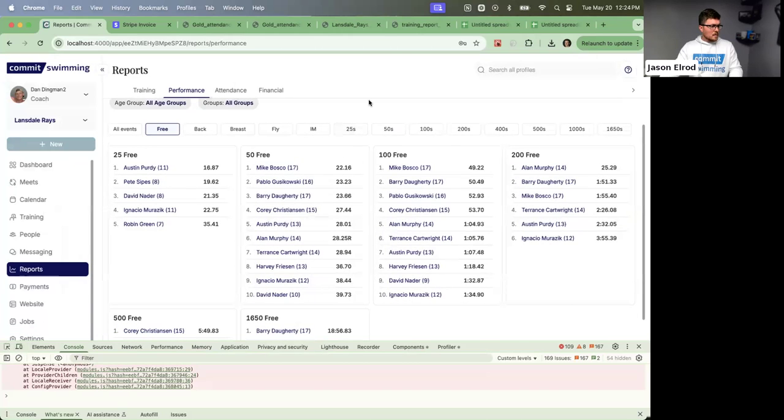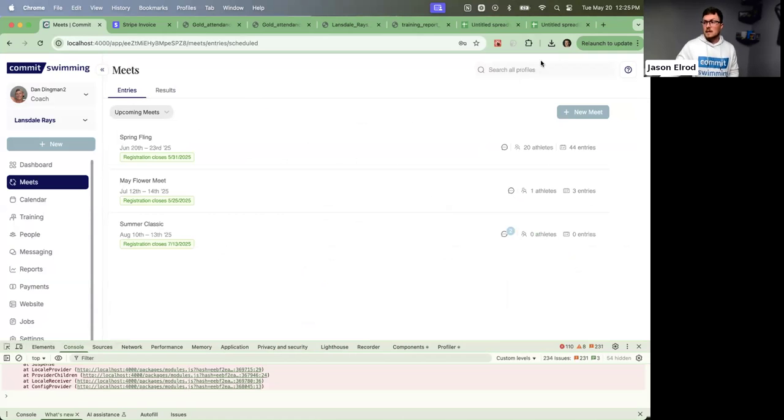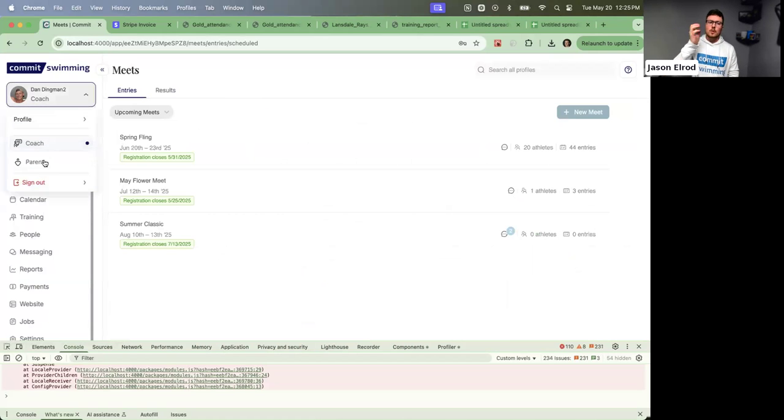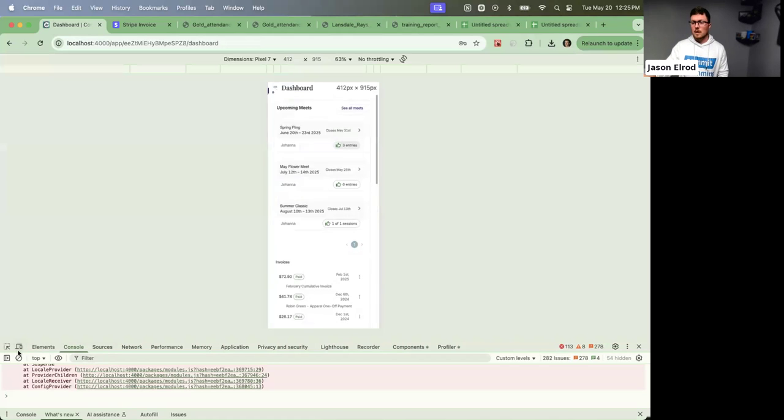Great. The next question is specifically around meet registrations, looking at it from a parent's side. I wonder if you could quickly go over what it looks like for a parent to register for a meet. To that point, on our support site we have a whole support article that walks through specifically what this looks like for parents. You can always go to our support site, there's a whole parent guardian section, and there's an article about meet registration. But you can also briefly go over it here.